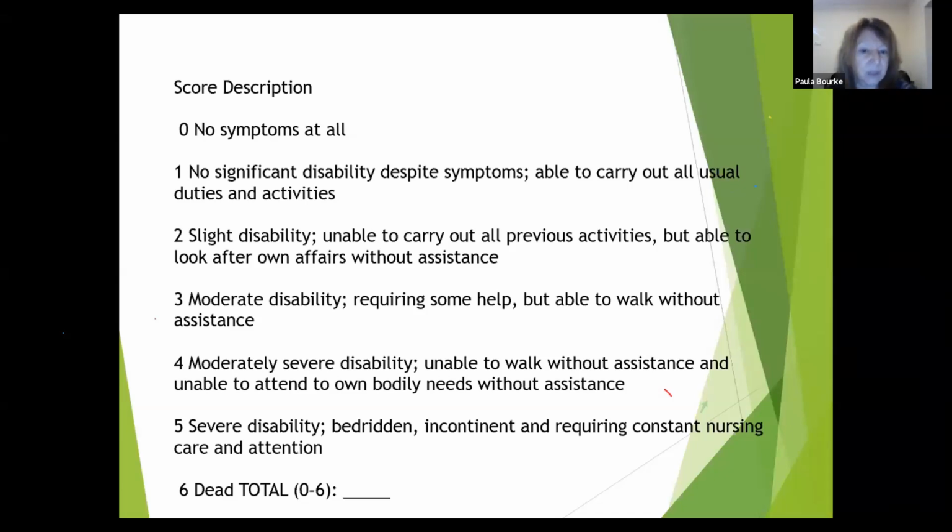4 is moderately severe disability, unable to walk without assistance, right? Unable to attend to their own bodily needs without assistance. And 5 is severely disabled. So they are bedridden, incontinent, requiring constant nursing care and attention. And that, for a lot of people, is actually worse than death. So, as I say, we want to get them into the 0 to 3